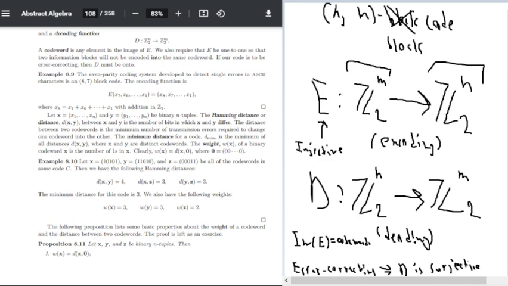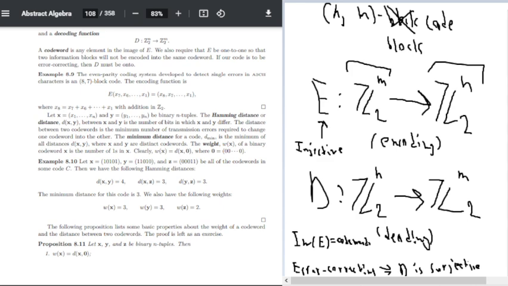So what we do is we add x8 is equal to x7 plus x6 all the way to x1 with addition in Z mod 2. Now, let x equal x1 to xn and y equal y1 to yn be binary tuples. The Hamming distance, or distance d(x,y) between x and y, is the number of bits in which x and y differ. The distance between two code words is the minimum number of transmission errors required to change one code word